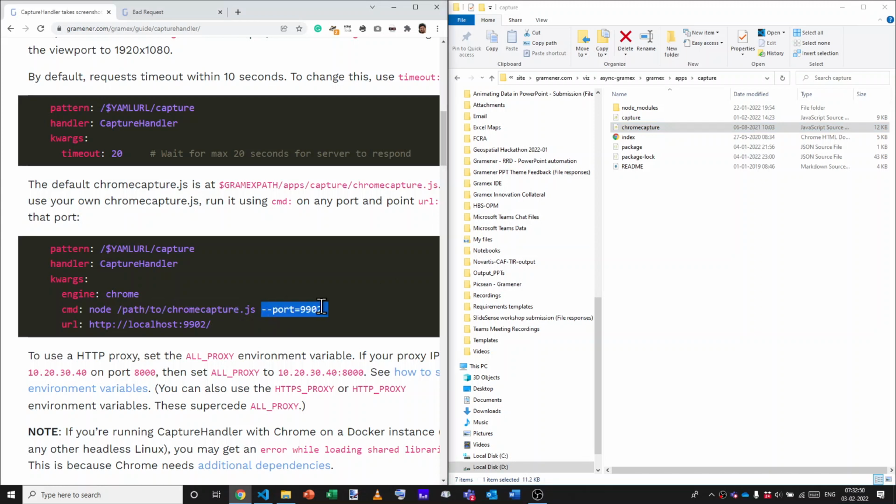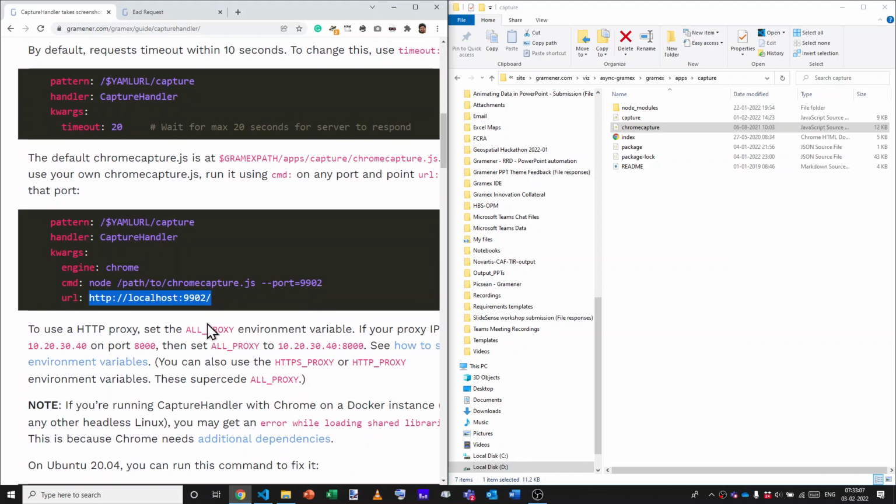The one important command line option you ought to remember is port, which you should explicitly specify. If you do this, then you can point capture handler to this instance, which will be running at localhost:9992. If you want to run this behind a proxy, that is, if your system is not able to access the internet and therefore capture handler cannot directly connect to the internet,